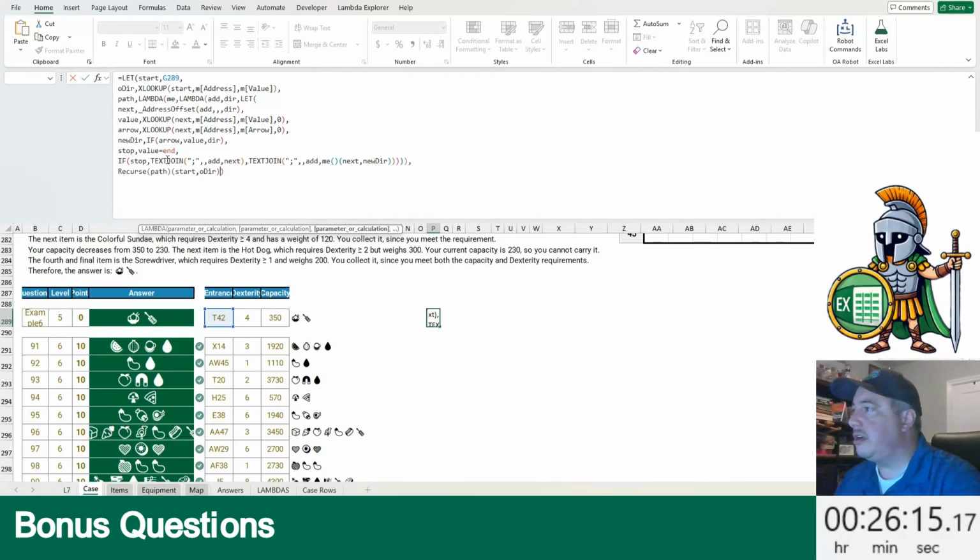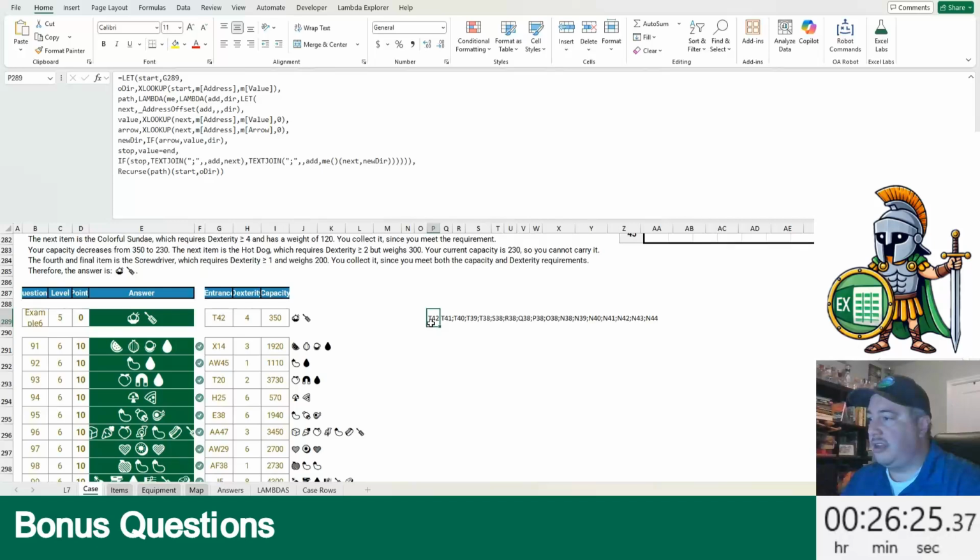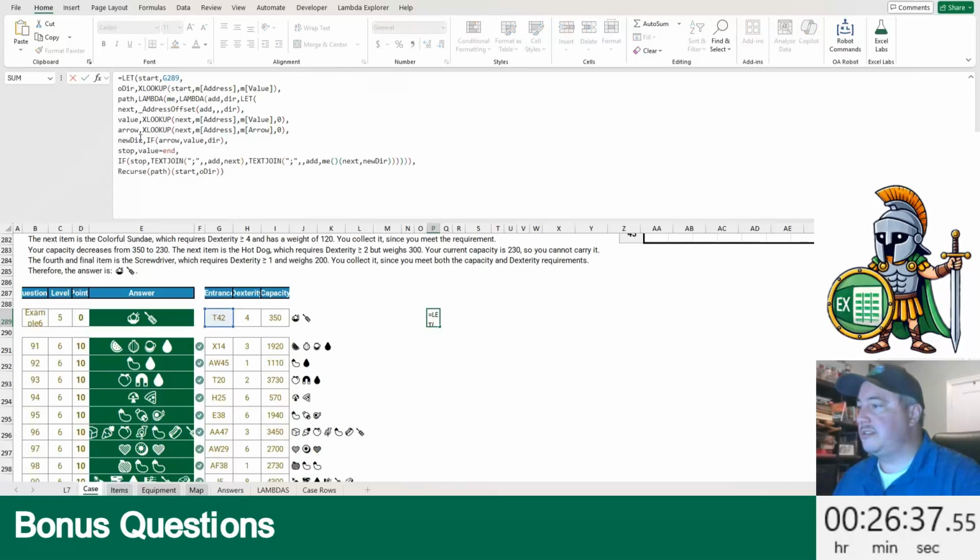Did something wrong here. ADD recurse lambda. Okay, so for a given arrow, this returns the whole path of the addresses, including the beginning and ending one. Okay, so now we turn this into a lambda,